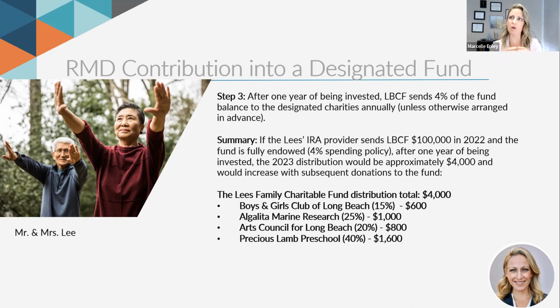It sits in an account when it arrives here, and it has to earn income for a year. So it sits in an account, earns income for a year. We make the first distribution, 4%. Presumably, it's going to earn some investment income, but for simplicity's sake, we'll just say we're sending a $4,000 check and we distribute it according to the charities like you see on the screen. And that's exactly what we do every year.